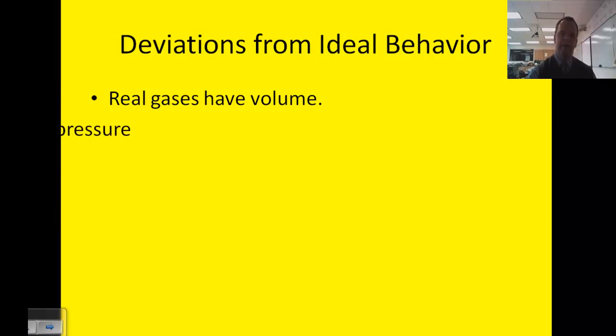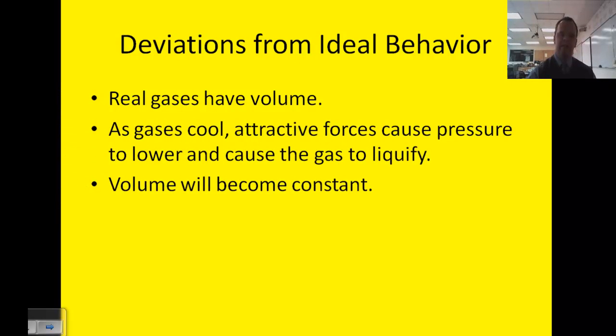Now, if we switch back and look at the cases that we have dealt with, the areas where we see the biggest trouble with the ideal gas law is the fact that real gases do indeed have volume, that as they cool or are at high pressure, they're attracted to one another or repelled from one another, which can cause gases to liquefy or form solids. Once they liquefy or form solids, the volume becomes constant and it no longer behaves like an ideal gas because it no longer is in the gas state.